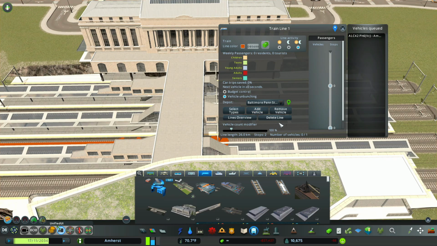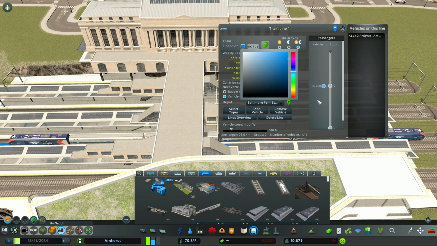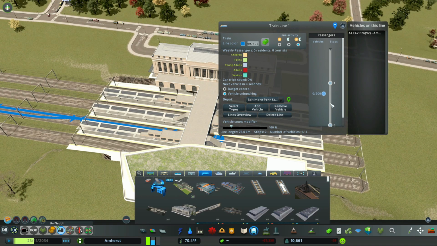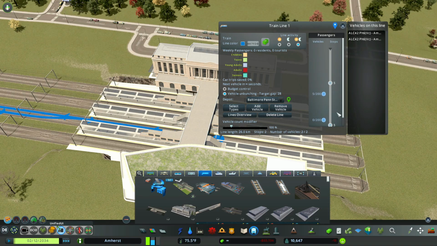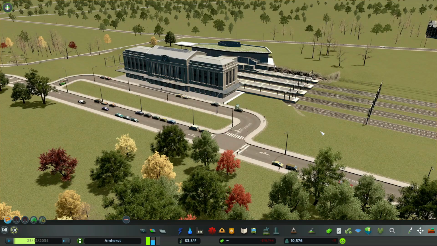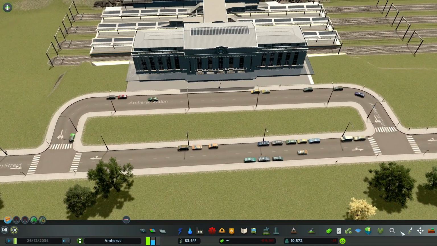We're going to unpause the game. You can change the line color here. We're going to wait until this train is halfway between the 2 points. So now that our train is about to the halfway point, we're going to add another vehicle. It's only going to add the vehicles we have selected in the types. Now you can see that our train's appeared and it's departed. The train should meet halfway between the 2 stations. The more passengers you get, it's going to take a little bit longer for them to load,